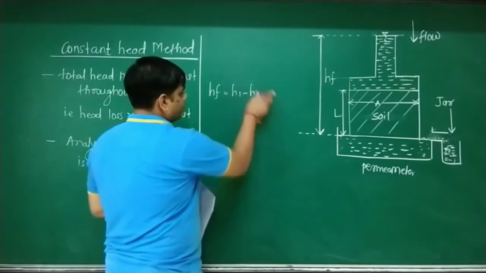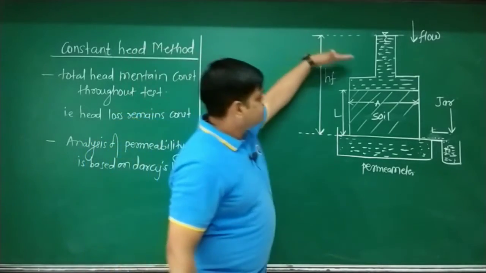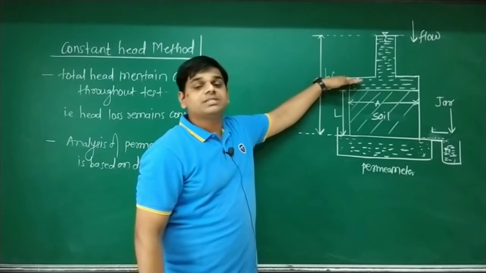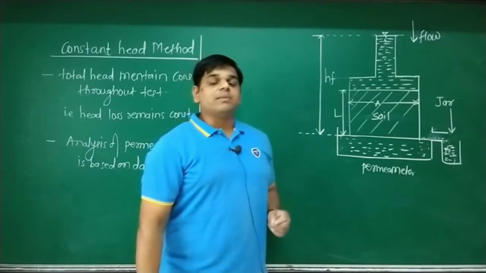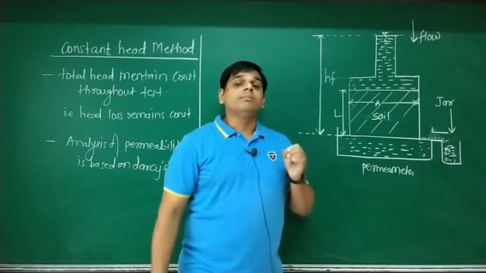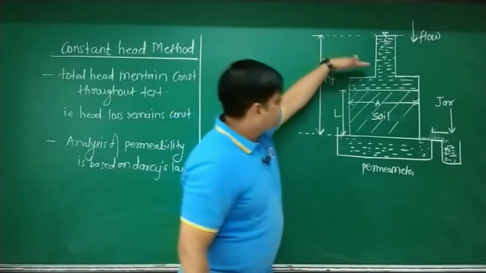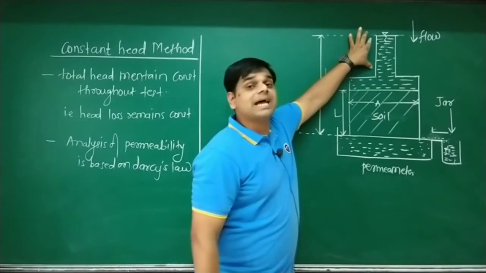Okay, so for that, look at the board. This is the instrument we call a permeameter. It's a 1 mark question: permeability of a soil sample is determined by using a permeameter. Here this is a small standpipe